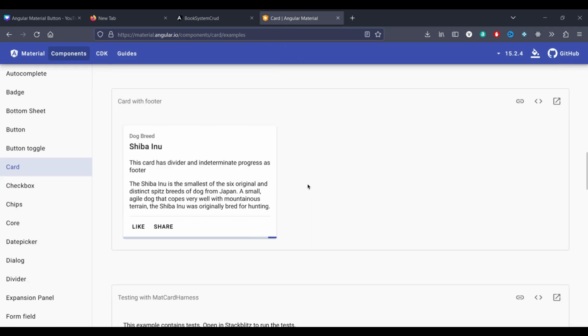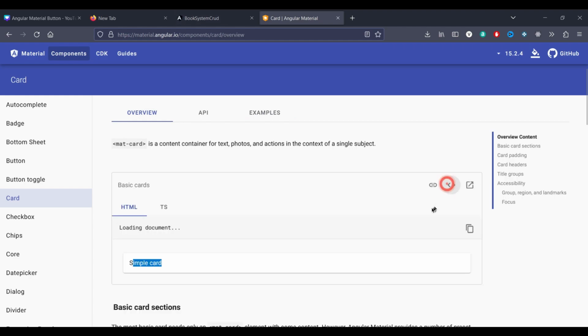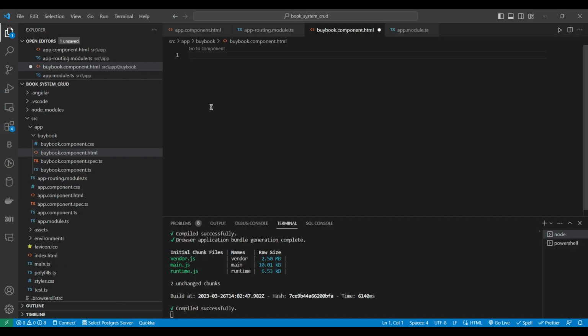So I need a simple card. Here you have the simple card, right? Let me take the simple card, view code, copy and paste. Here you go. So what we can do with the simple card is, you can have some content if you want. So I can say here,